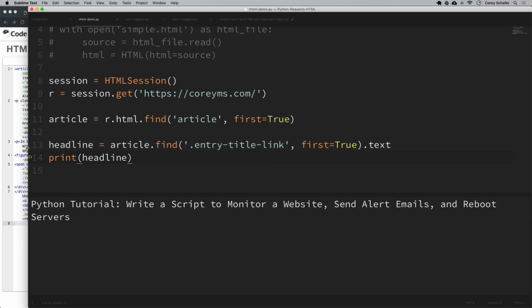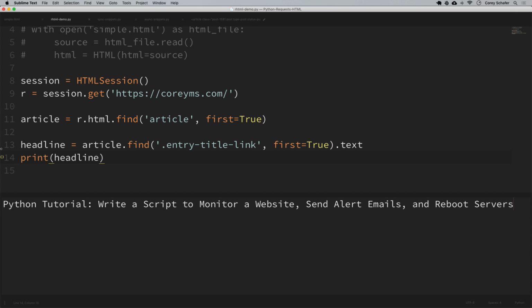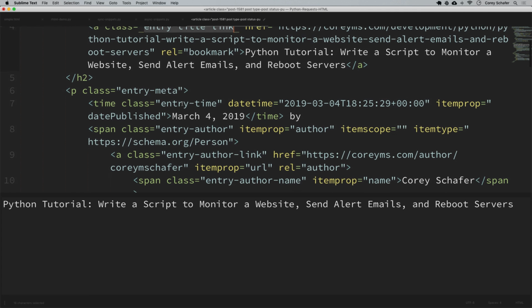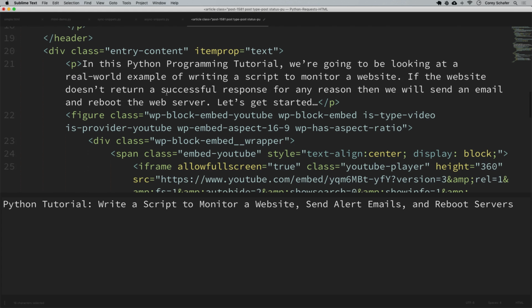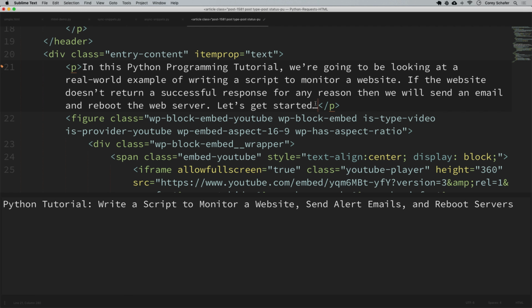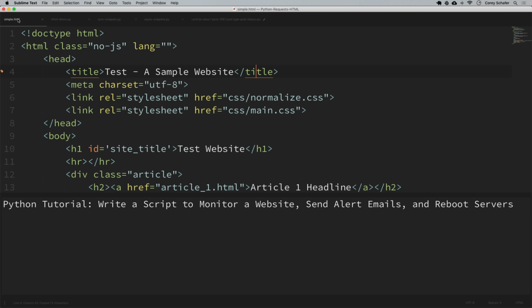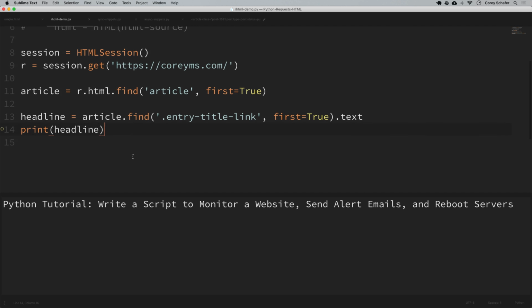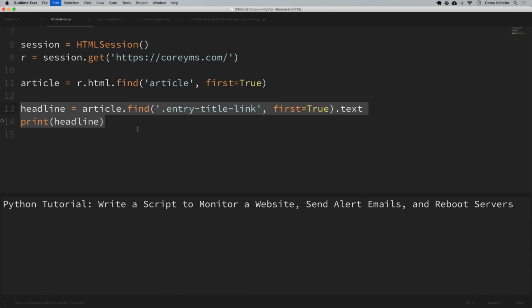Okay, so now that we got the title of my latest post, now let's get the summary text for that post. So let's go back to the HTML for our article here, and let me scroll down until I see what looks like the description, and this is it right here. So our summary text is within this paragraph tag, and that paragraph is inside of a div with a class of entry content. So I'm going to copy that, and now back in our scraper, let's just copy this here